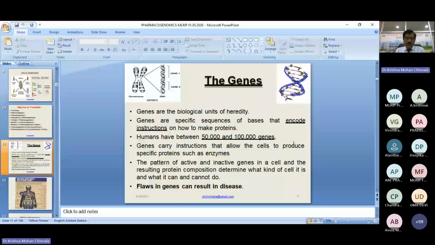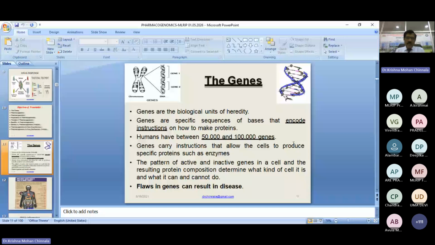So why I am insisting here is, if you know the physiology properly, abnormality in physiology is disease. Treating the disease and the classification of drugs is pharmacology, and patient counseling, how to manage the disease and everything will come under clinical pharmacy, right?